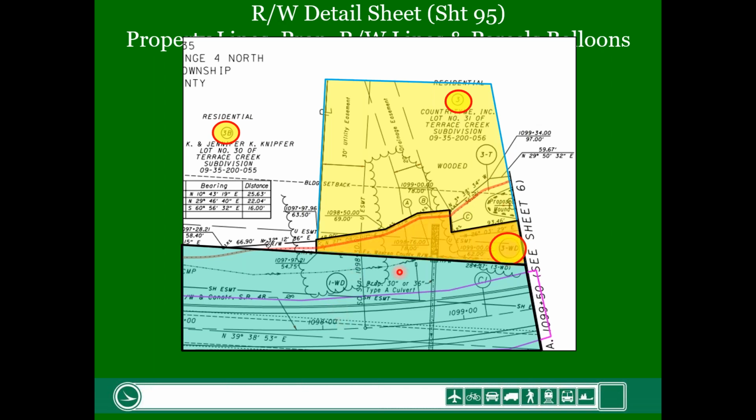So with that being said, here is 3WD, highlighted in orange. You can see the construction limits and anything we're acquiring, and then temporary. We don't need this area permanently. We only need it to build this mounding. So that's why, as part of the design, we recognize that we only need this for a temporary period of time, so we're acquiring a temporary easement. As you can see, the proposed right-of-way lines go outside of the construction limits.